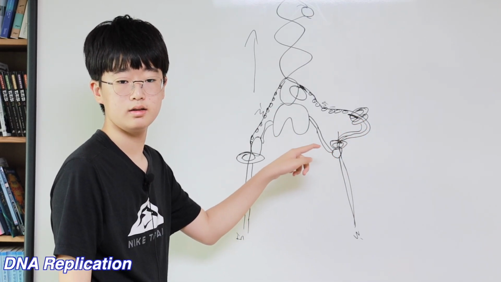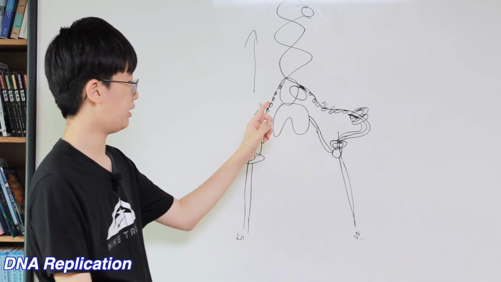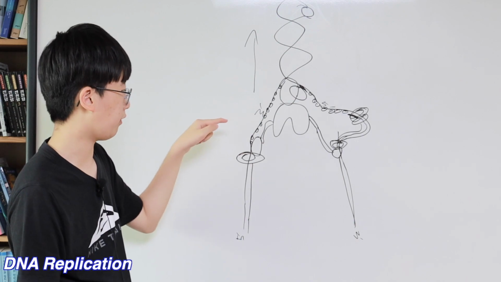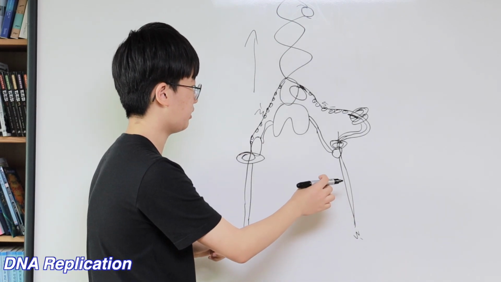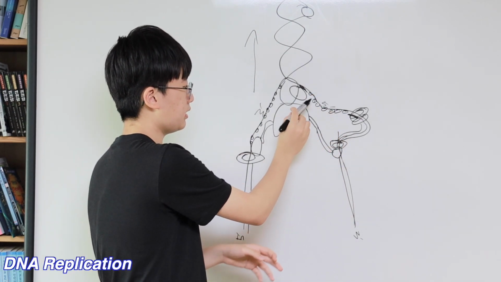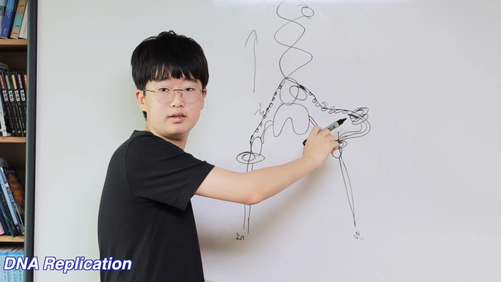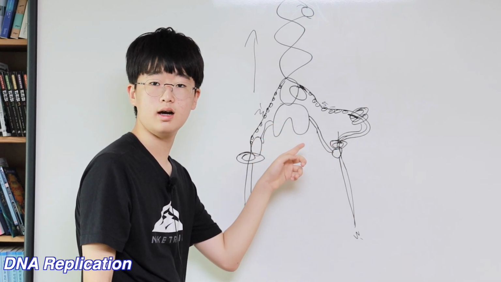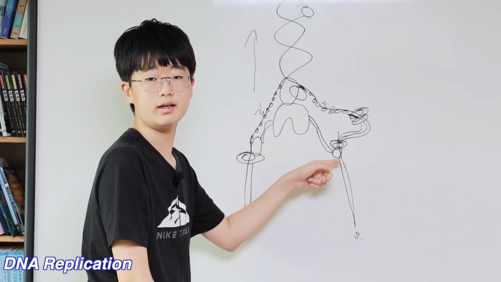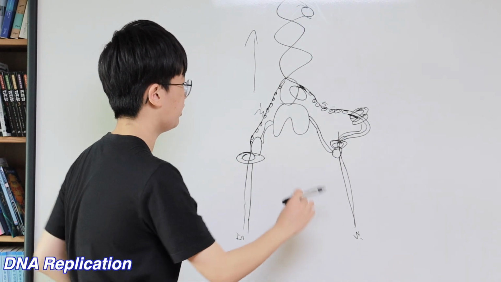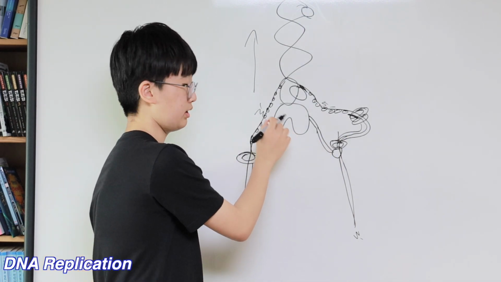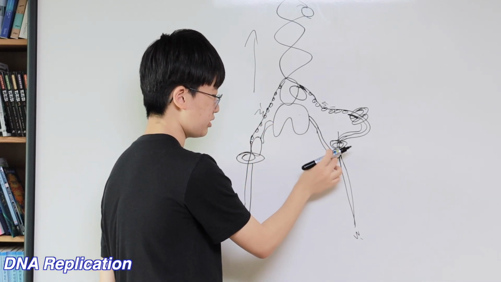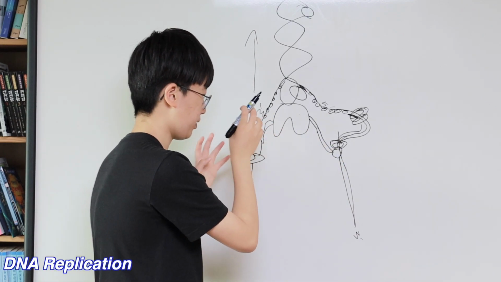And then the clamp binding protein takes the DNA polymerase off, and then the single-stranded DNA passes by through the sliding clamp protein, and then this protein, the clamp binding protein, puts the DNA polymerase back in where